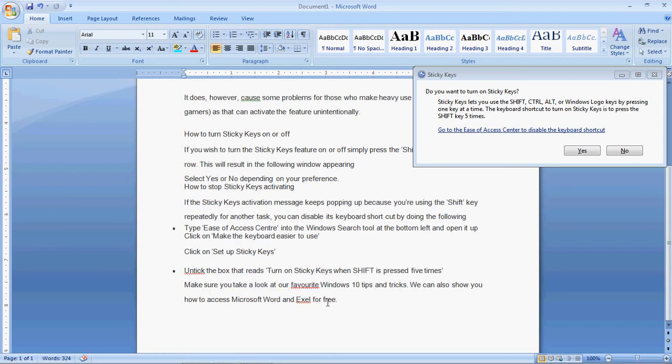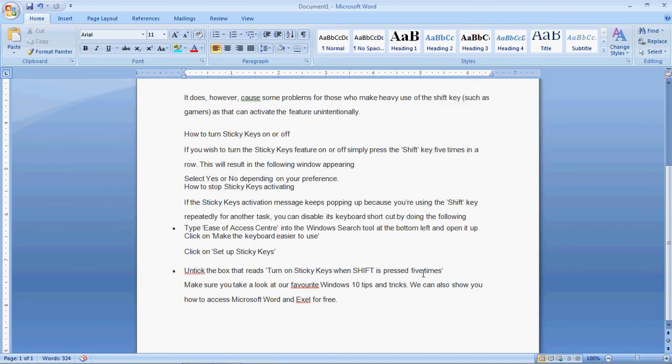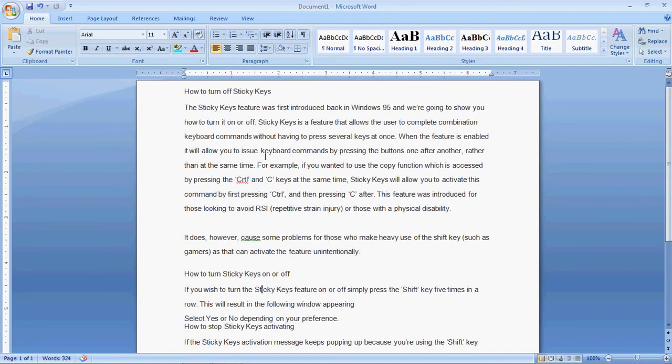Make sure that you look at my favorite Windows 10 tips and tricks, and also how to use Microsoft Word and Excel for free. So this is the use of this. Now you can know about these sticky keys. Now I will show you